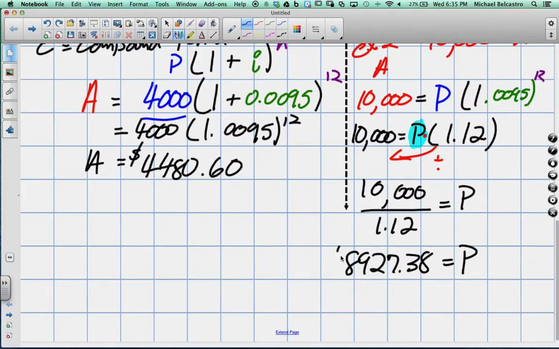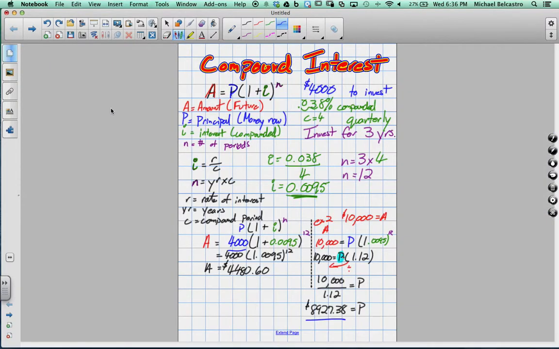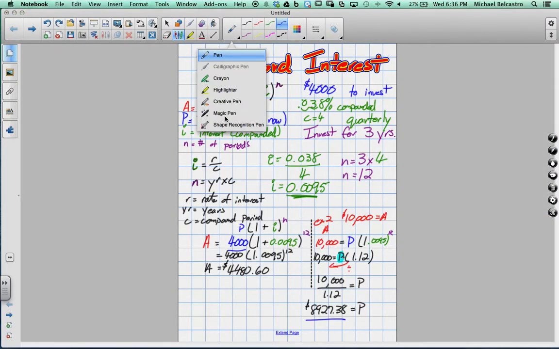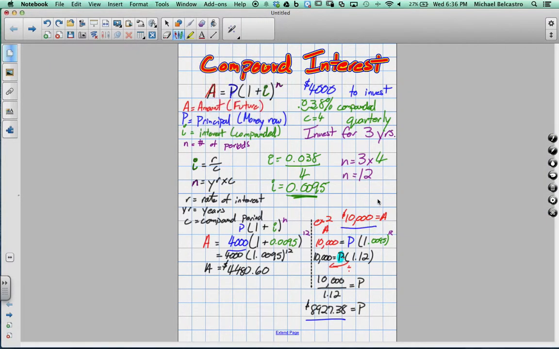So what does that mean? What is this amount telling me? What was my original question asking? What the principal is. And I knew I wanted to get to what amount? 10,000. So in 3 years, with this bank account, the one that gives me that percentage quarterly, I need to invest this much money to have $10,000 3 years from now. So that would be solving for principal. And the other one we solve for a future